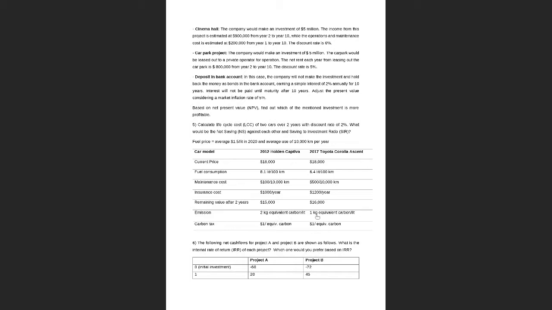So what we have to find is the life cycle cost. That is basically the total cost, including all of this over here, along with the environmental cost associated with it. So you have to find the life cycle cost for both of these cars, and then we have to compare them by finding the net savings against each other and saving to investment ratio. So,